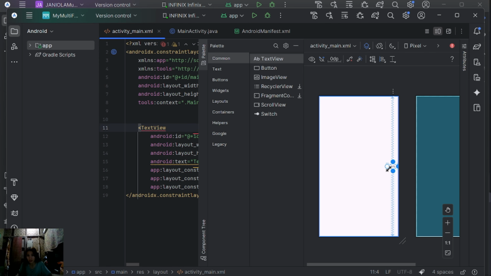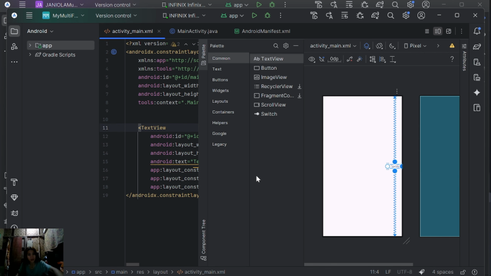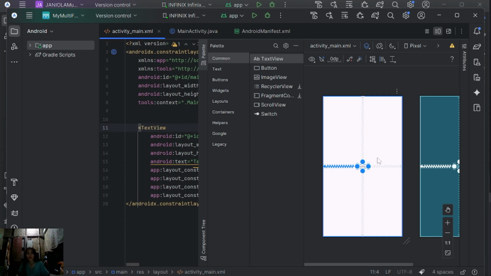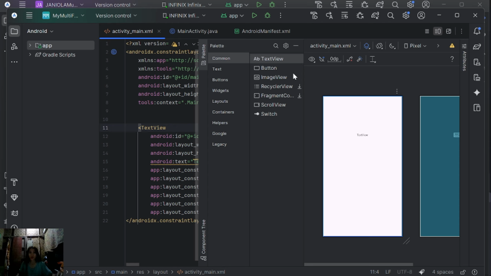On the right side, and of course the left side. Alright, so let's just move this. Okay. So, of course, we have to put an edit text for user input.